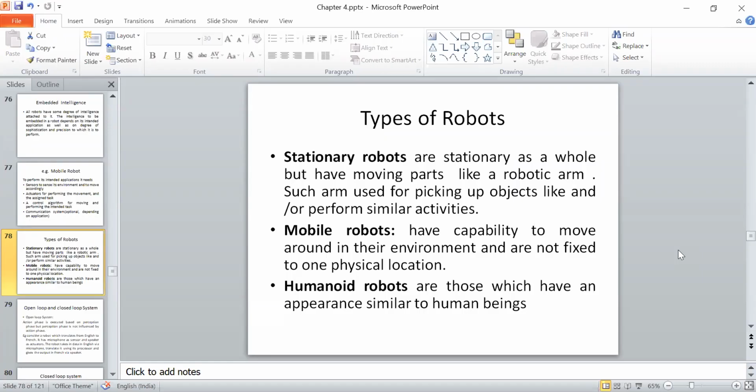As the name suggests, nowadays the drone is that kind of device. And there are many such devices, like anti-mine devices, small robots that can move and then find out the mines and give you that particular information. Now we have a third type of robots also, that is the humanoid robots.